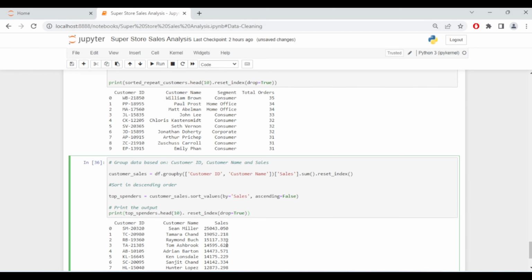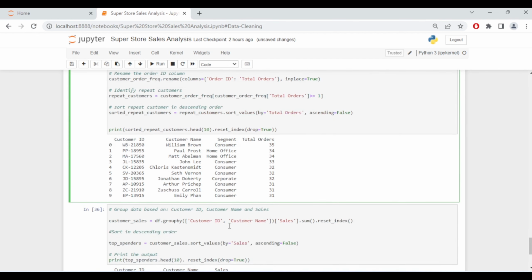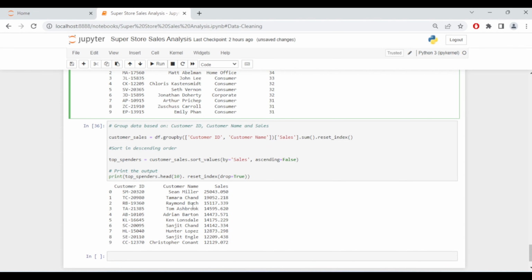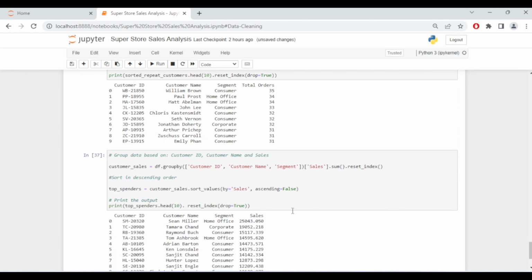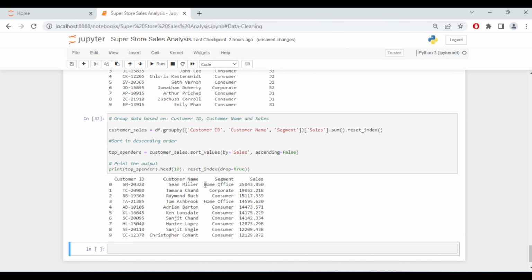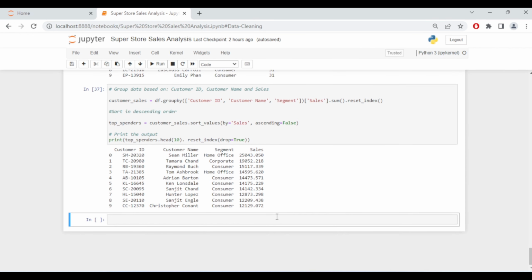You can also pass in the key segment to know, in terms of sales, whether Sean Miller is a corporate, a consumer, or a home office customer. To do this, you can just pass it in here, in the earlier code. Then when you run this code, you can see that Sean Miller is from home office. So I think we have done a great deal here. So we can then move on to